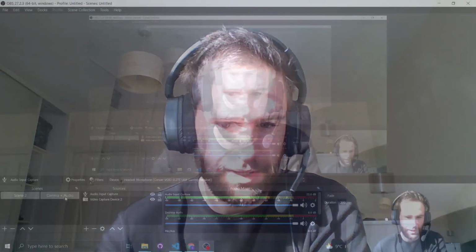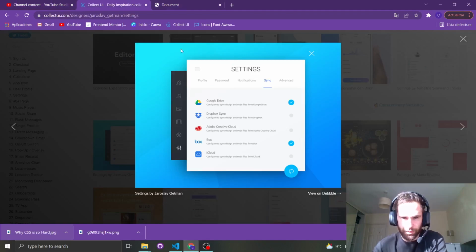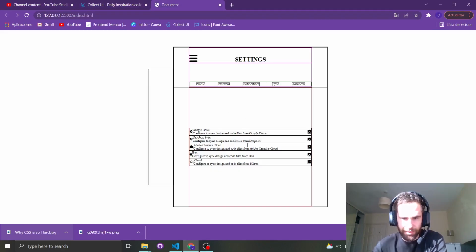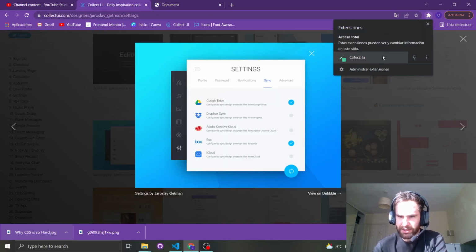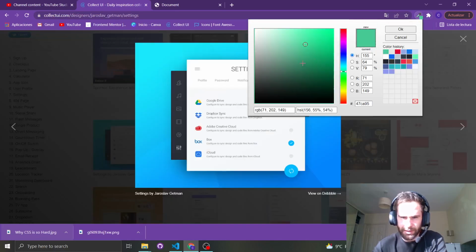So let's see what we have from yesterday. Okay, let's go. And let's see what we have. So we want this, and we have this right now. Right now it doesn't really look like much, like anything at all. We're gonna just add this border to make things clearer. Not the border, the background. Sorry. We're gonna take the color picker, and we're going to pick